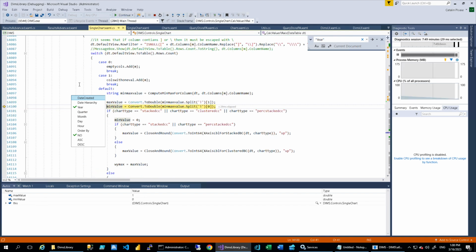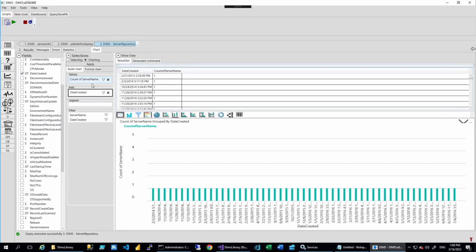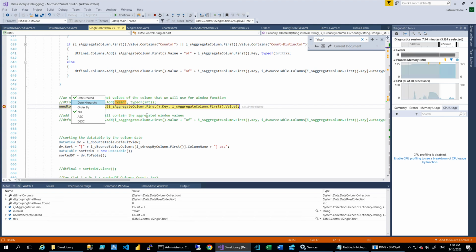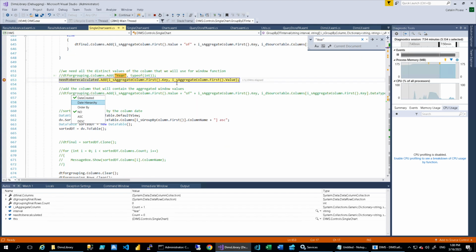I don't want this because it behaves as it should. Okay, we'll choose hierarchy, and here I want to add as key count 0, first key, server name,